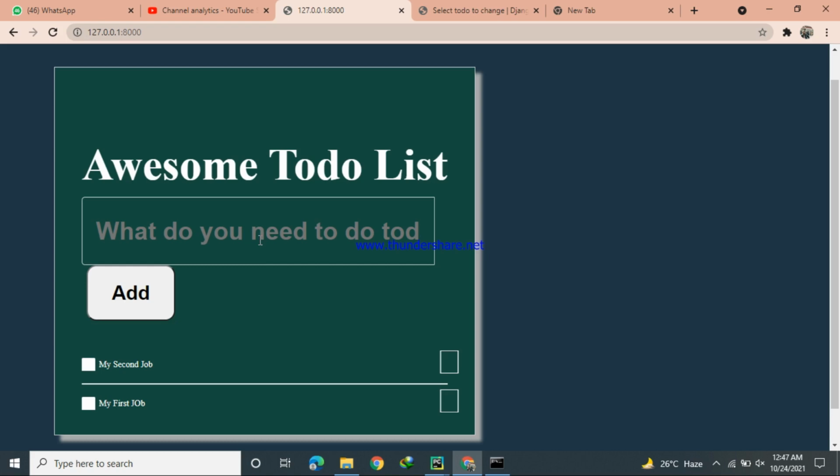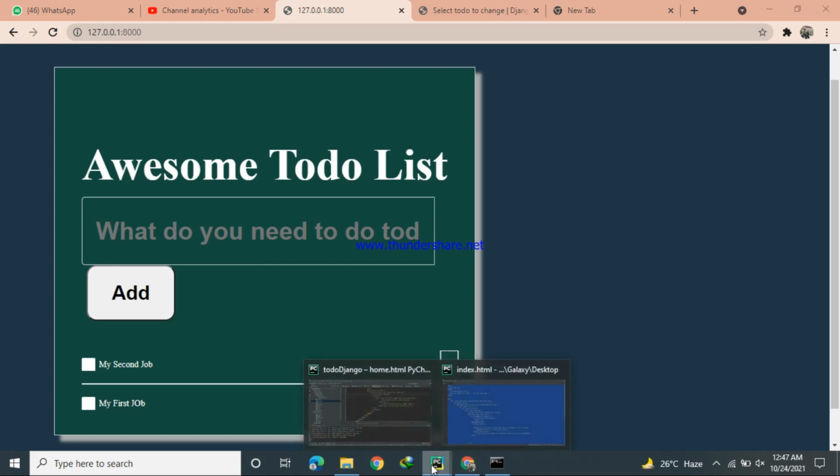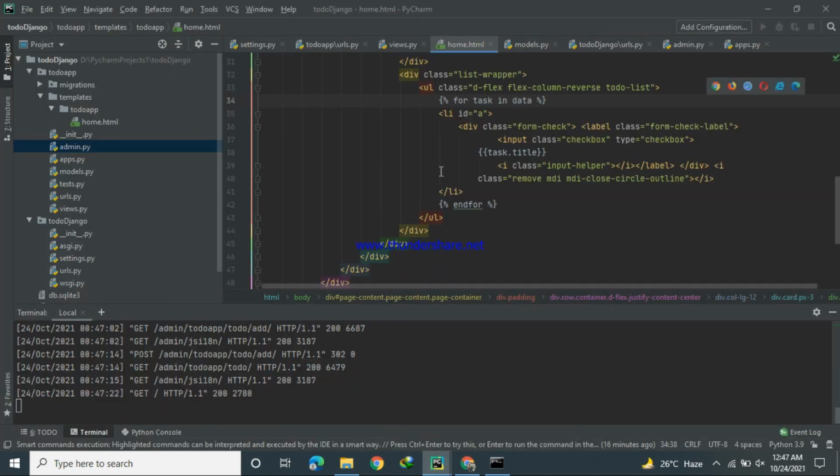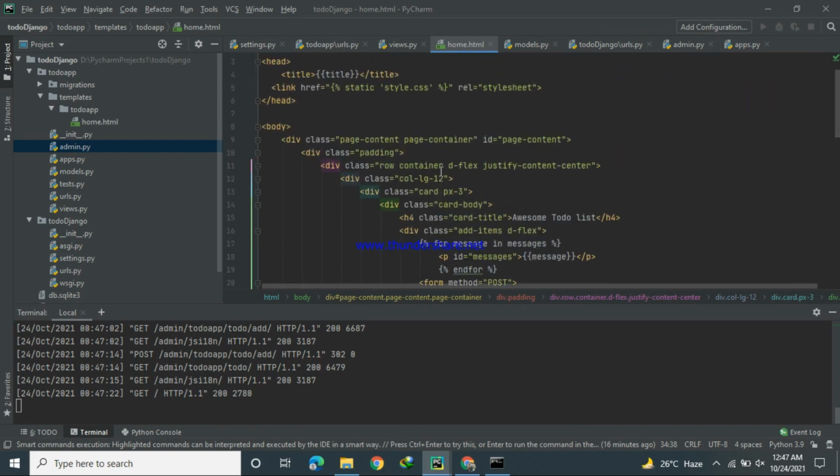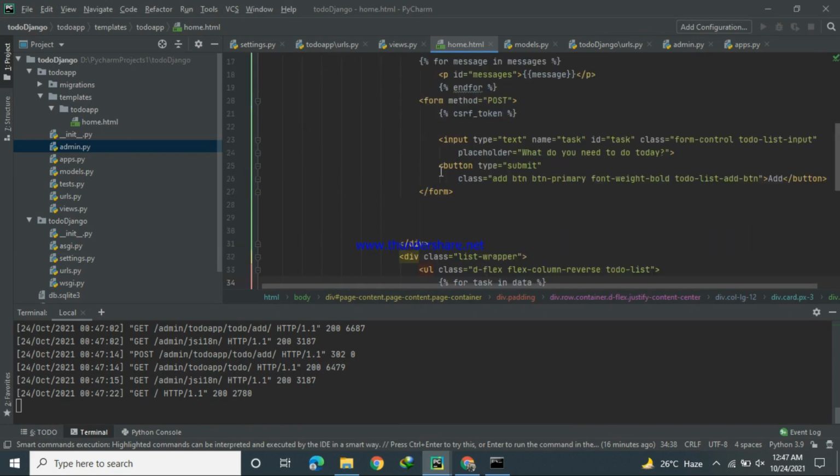Now if I check the form that I created, the form will use the post method, because we have to post some data.